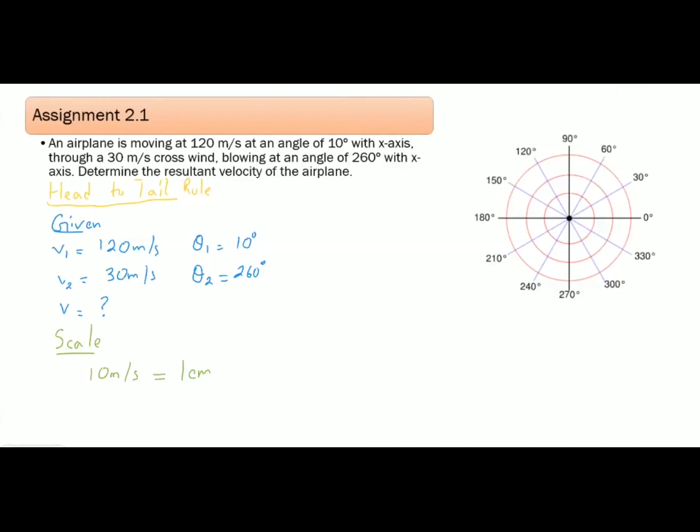So now we have to convert the given velocities according to the given scale. Then the velocity of 120 meters per second will be equal to 12 centimeter, while the velocity of 30 meters per second will be equal to 3 centimeter. And now we will draw these vectors